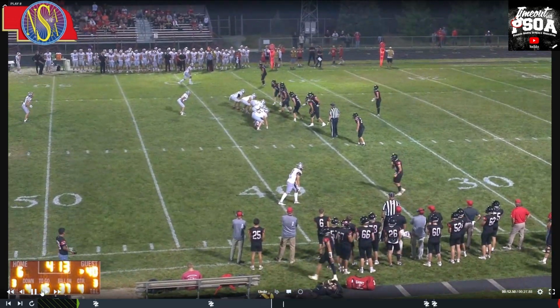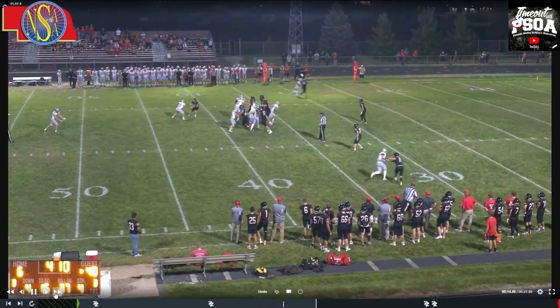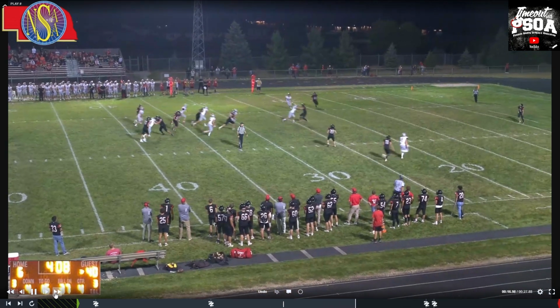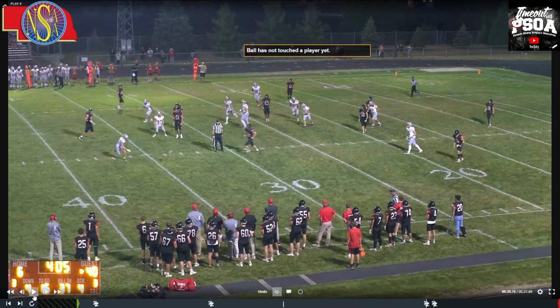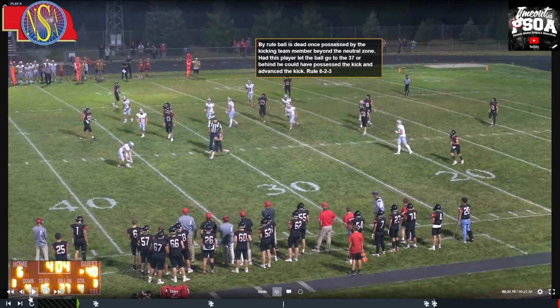And as this play develops, we just have a regular punt that doesn't go too far and starts bouncing backwards. Ball has not touched the player yet. I say we don't have first touching, and we don't have touching by the receivers. In this play, the ball is now going to be dead by rule because the kicking team possessed the ball